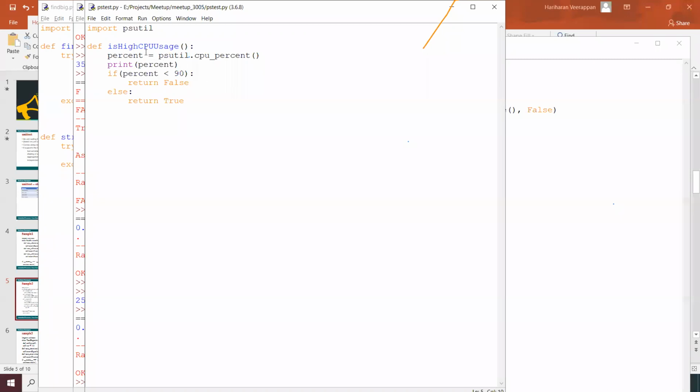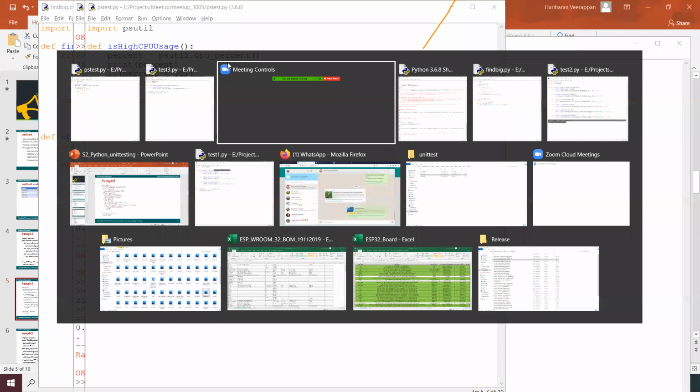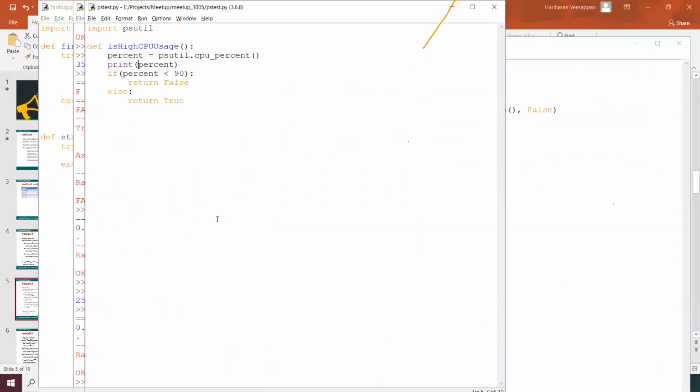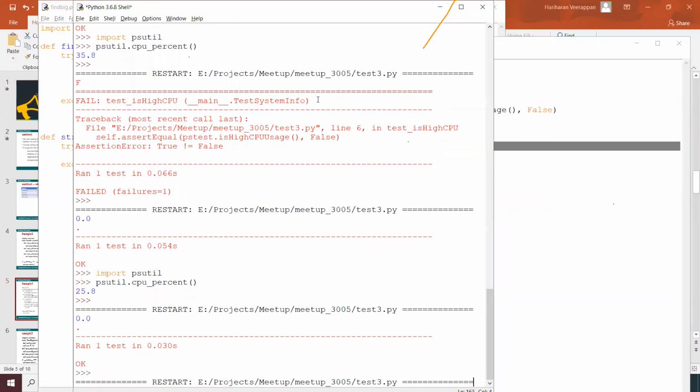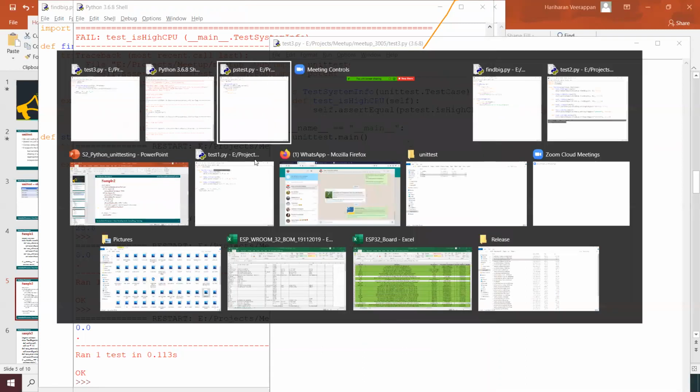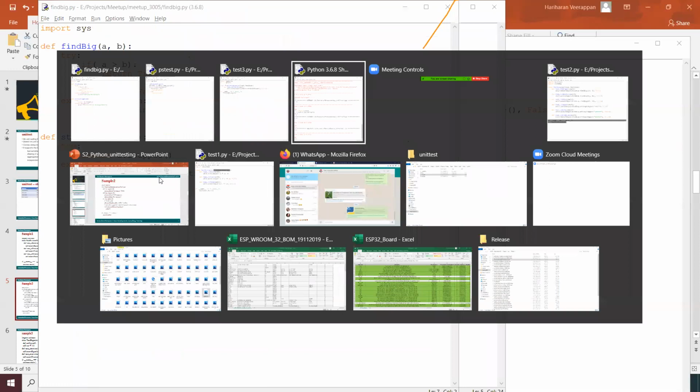And percent of 0.00, it's something like psutil.cpu_percent. That gives 25.8 over here, and this one gives, maybe I'm going to do float of it. We ran the test case, it is fine, but the thing is it was not giving the proper output over here.